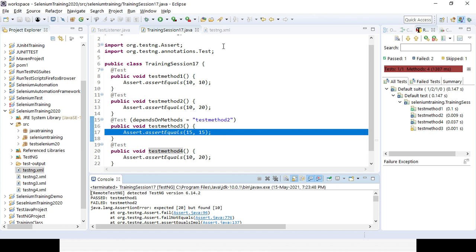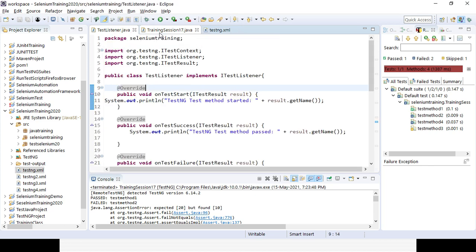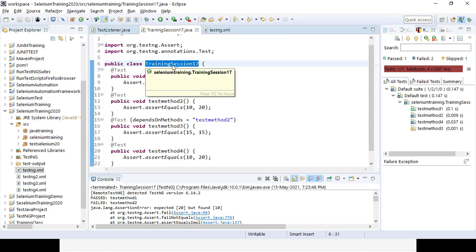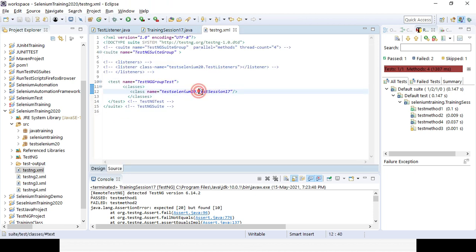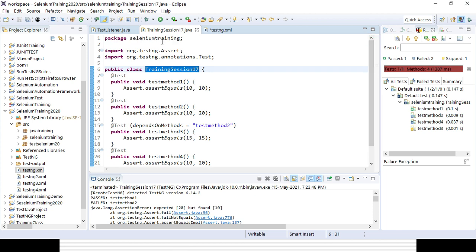Okay, now in the TestNG XML file we can try to execute it, right? So we need to give the class name here, package name dot class name. What is my package name? The package name was Selenium training.